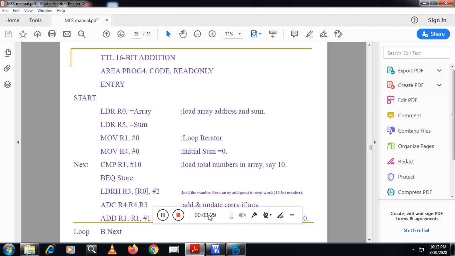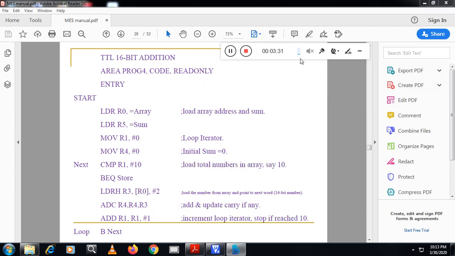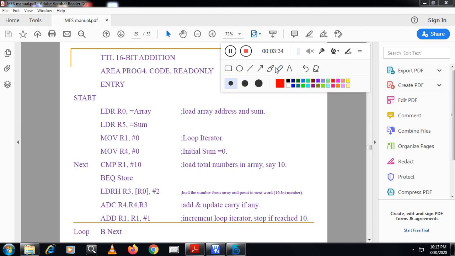Suppose, for explanation purposes, R0 is equal to 4000. Just assume this is a memory location, and this memory location contains some data, 1, 2, 3, 4. So what it will do here is get this data and load it into R3.